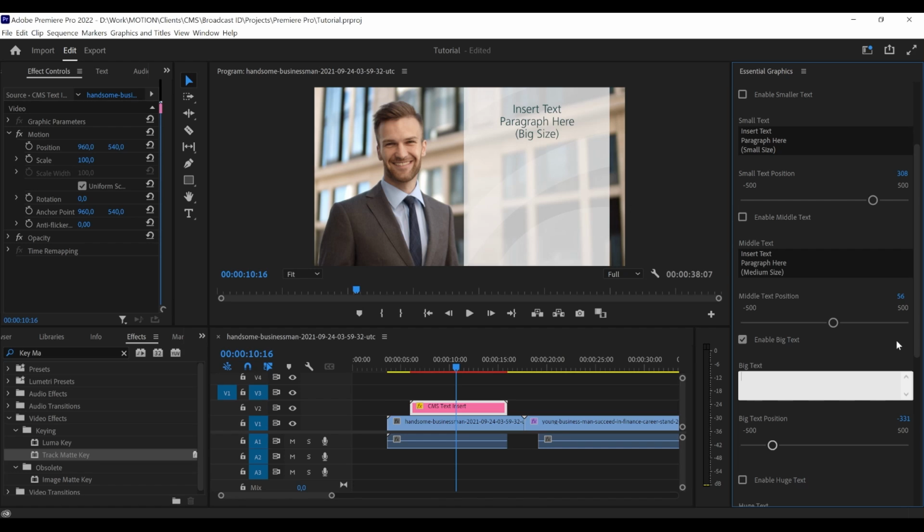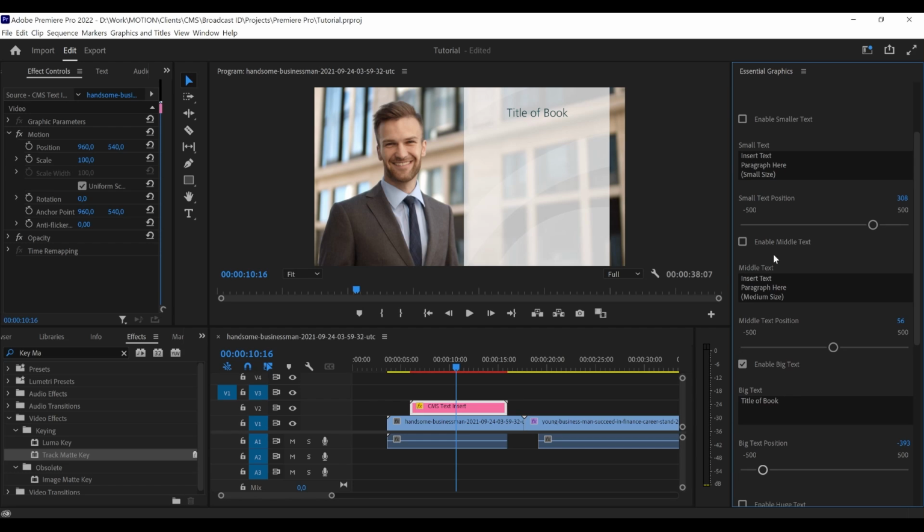So let's create a title of a book. This is the title of the book. We have the title of the book, and we can enable the middle text right over here, and we can actually add